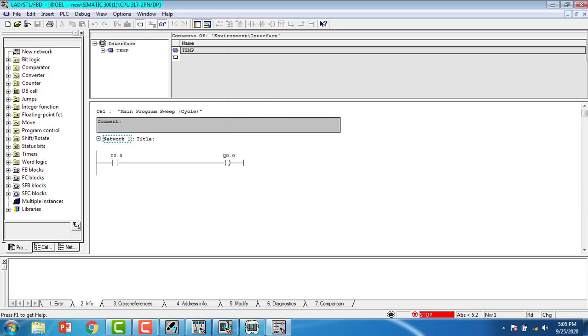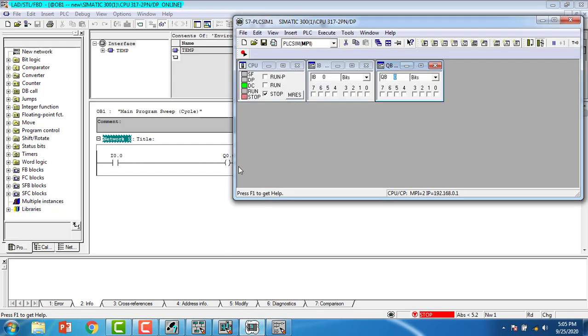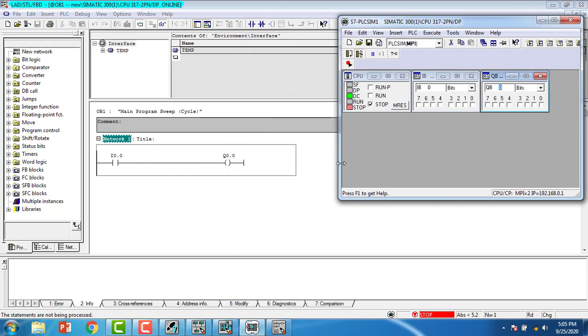This is my simulation window. I have to run my PLC from here. Okay, run, and it will refresh the input in a moment. Okay, this is in the run mode. It is blinking in green color, and I can stop from here also and go to the run mode again. You can see the run symbol is blinking and it is stabilized.